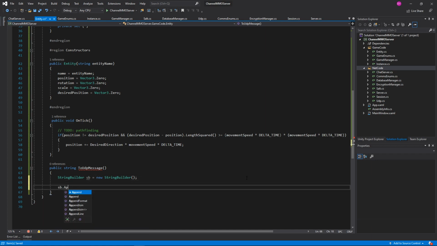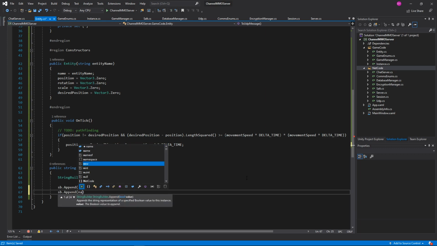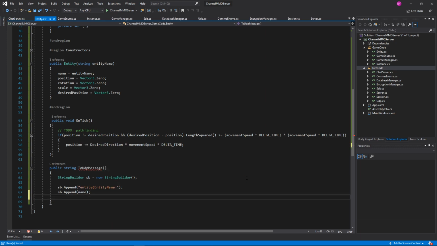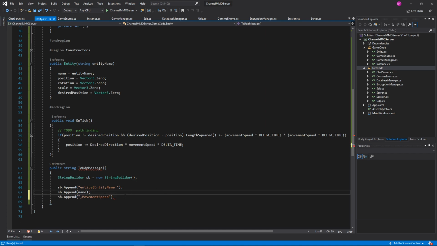We're going to do sb.Append, and this is going to be entity name equals, it'll always start with the entity name, and then sb.Append name, and then we're going to also append in a comma. There we go. And then we're going to do sb.Append. This is going to be movement speed. Actually, we could combine these. Just have a comma there, get rid of this line, and then movement speed equals, and then